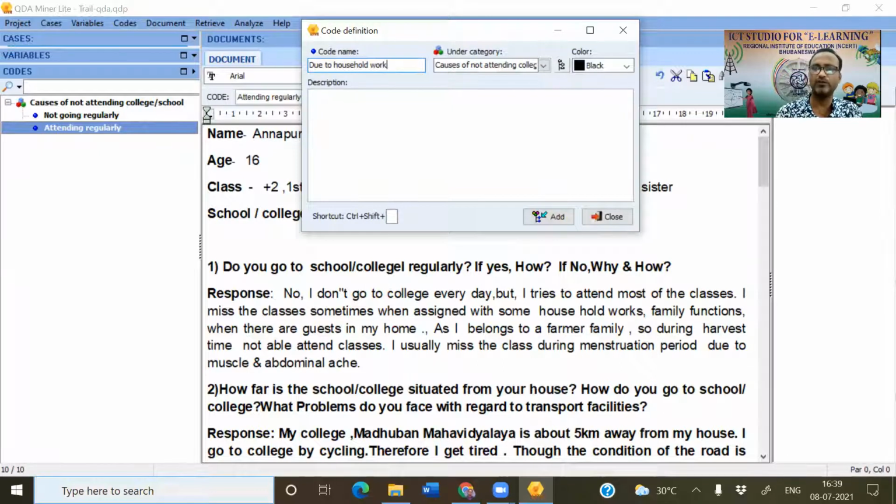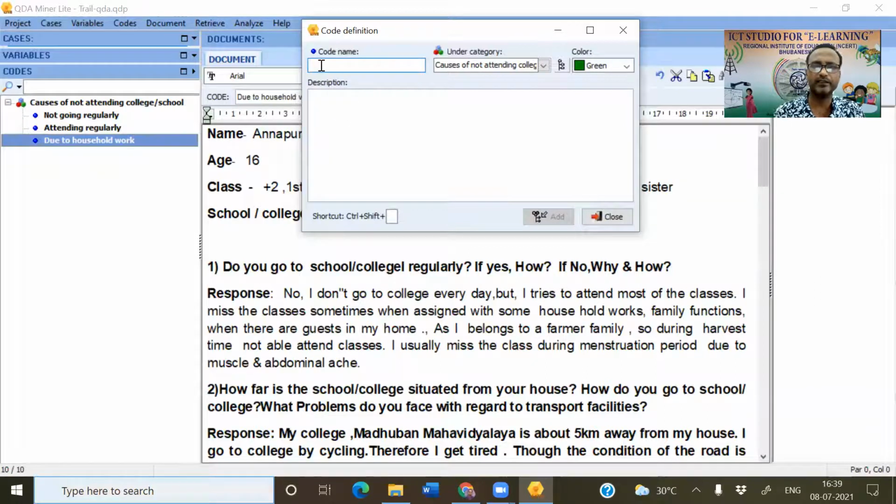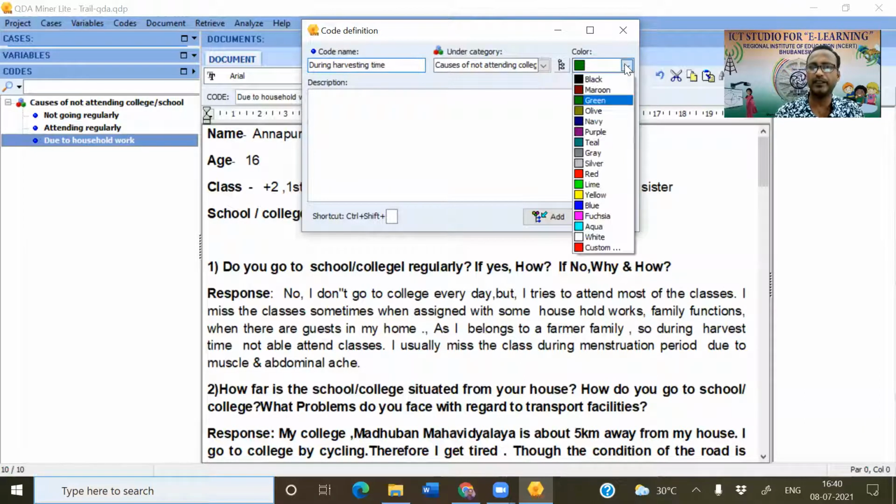So that is another code, and I want to give it another color. Just add here. Somebody says during harvesting season, during harvesting time, I am not able to go to school.